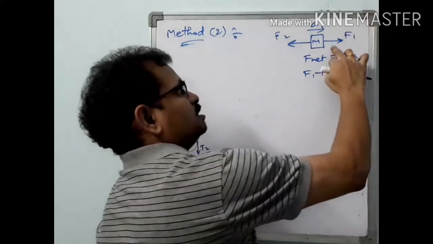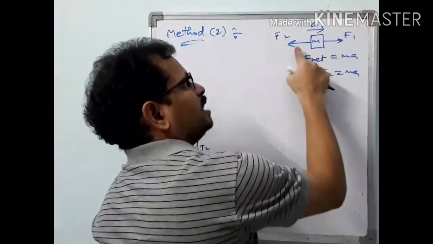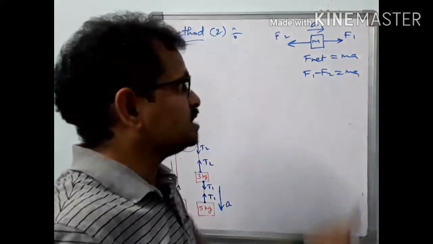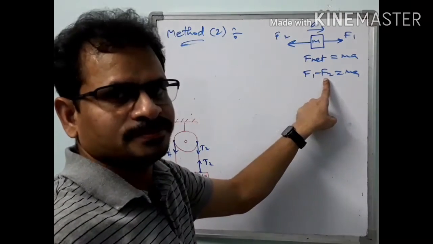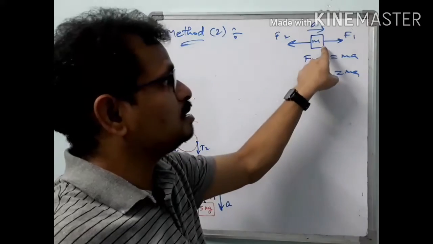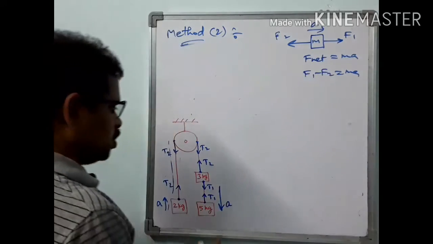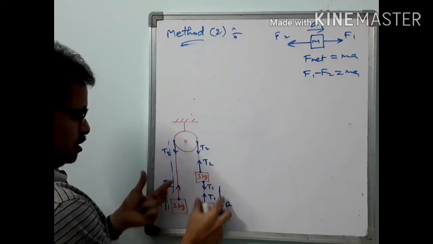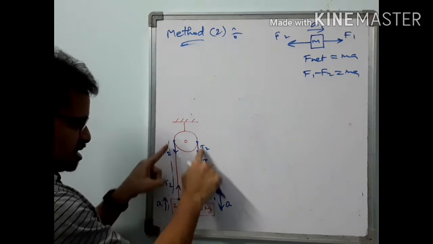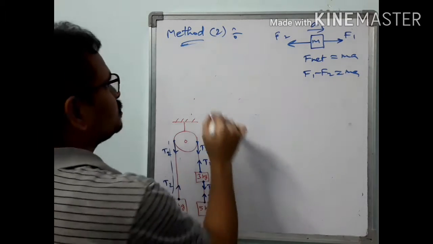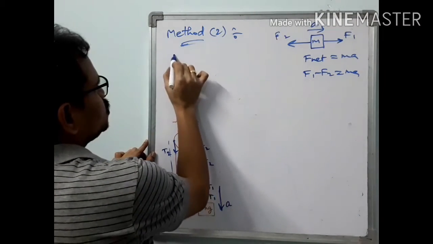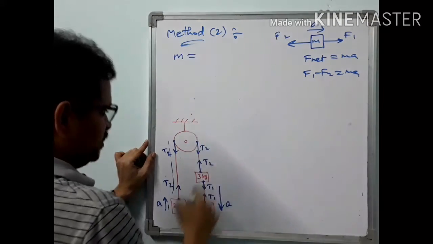Here this force F1 is pulling this body and this is opposing it. So what is the net force? F1 minus F2. So what is the total mass? The mass of the system is the total mass. Now see here, I am choosing this as the system. What is the total mass of the system here? Total mass of the system m equals how much? 10 kg.